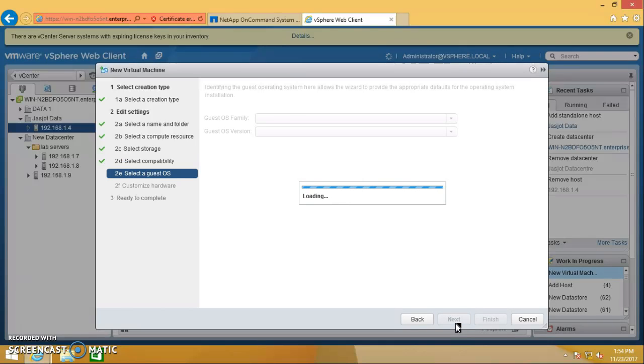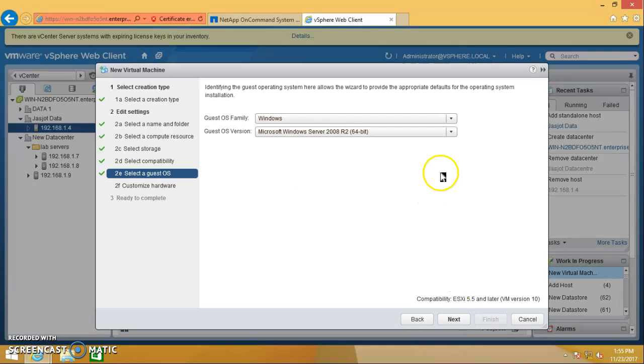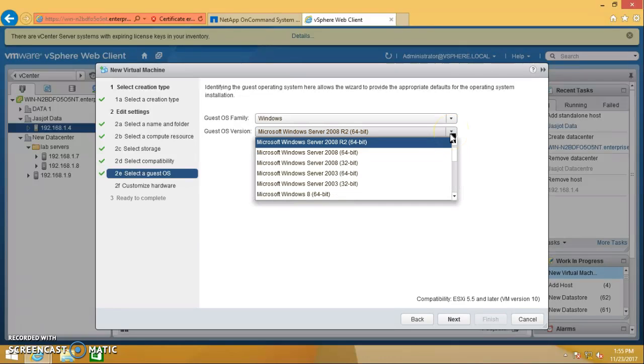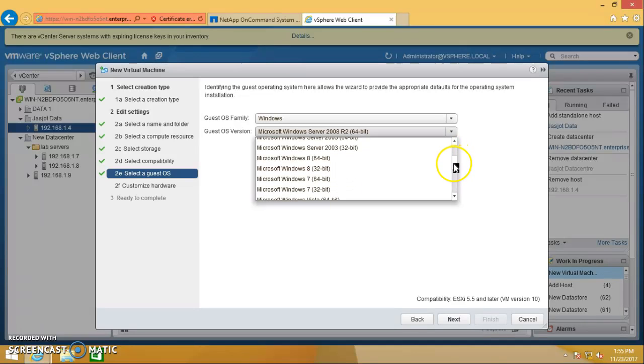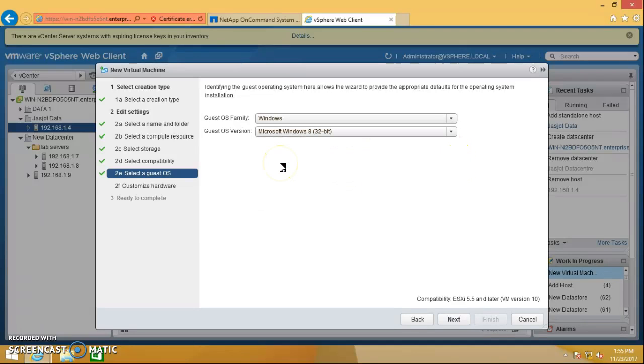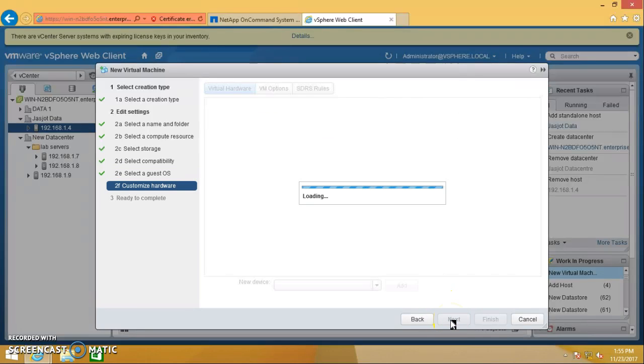The guest OS version is Microsoft Windows 8 for 32 bits. Click on next.